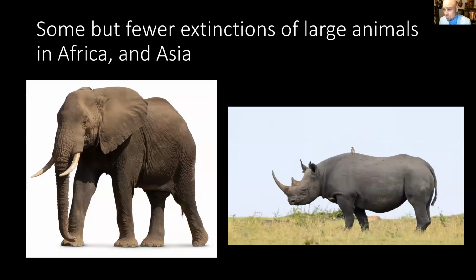What's really interesting is when we look at Africa, we have a few megafaunal extinctions, but really it has the least number. Africa and Asia have the least number of megafaunal extinctions. Why is that? Why is it that there were climate events that really knock things out at certain times in Australia, and then at other times in North America, and other times maybe in Europe, but there's really no equivalent in Africa.